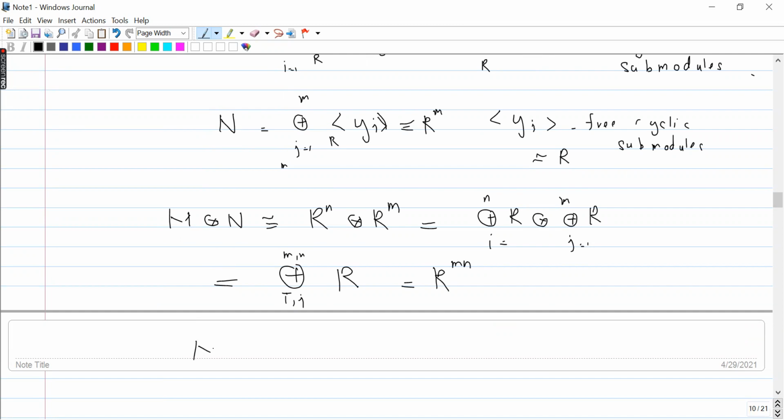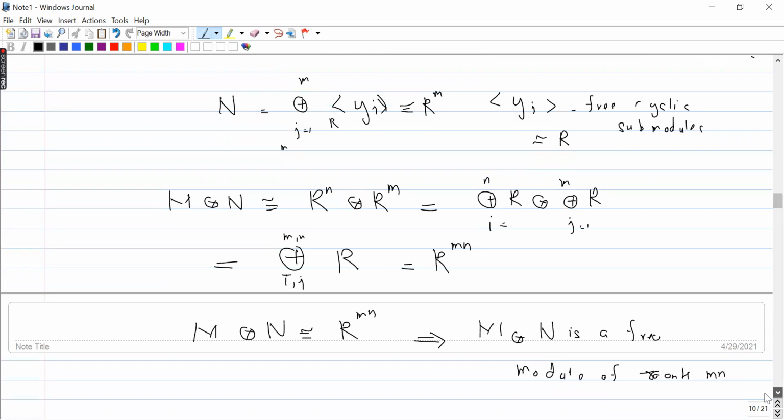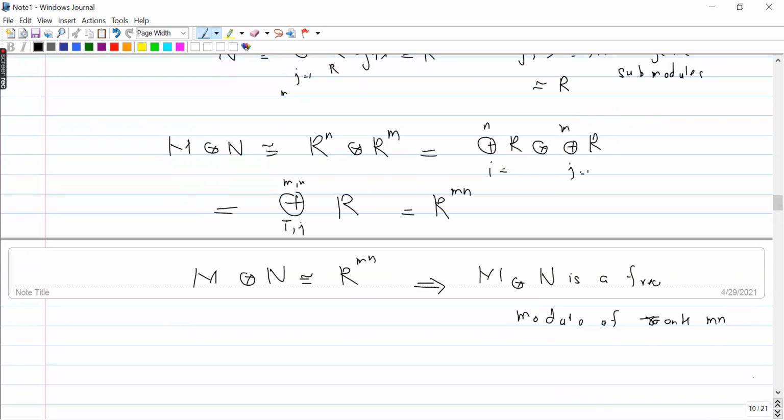So in the end, we prove that M tensor N is isomorphic to R raised to the power mn, which implies that M tensor N is a free module of rank mn. We can elaborate this proof a little more, because I just used the fact that each